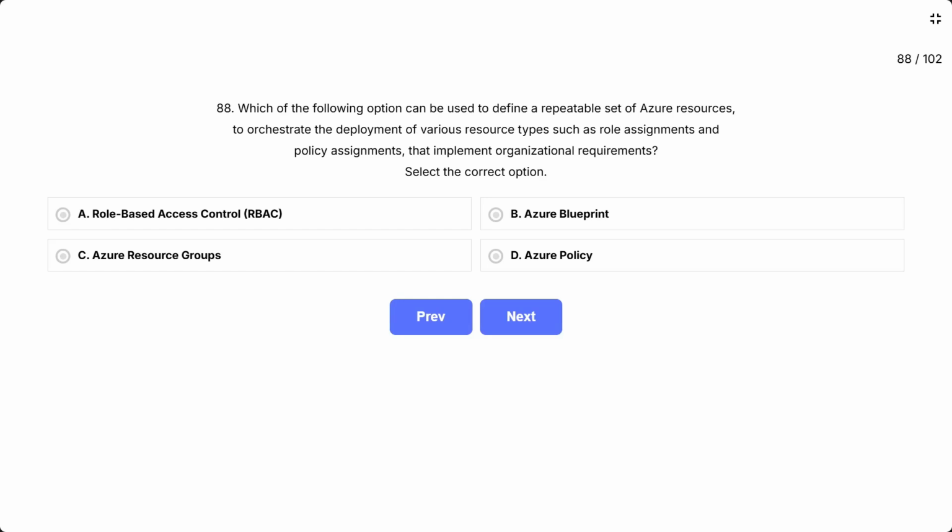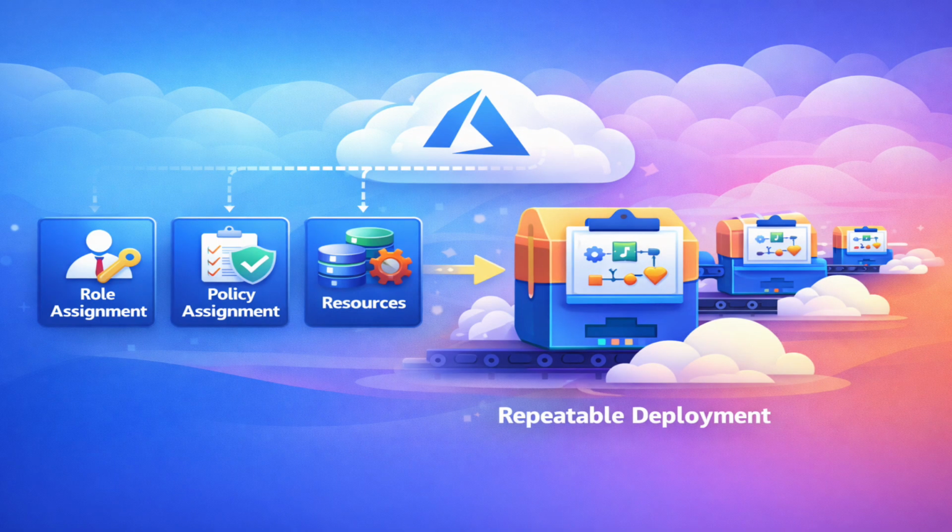This question is asking which Azure service can package multiple components together, like role assignments, policy assignments, and resources, into a repeatable deployment template for organizational standards. Key phrases: repeatable set, orchestrate the deployment, and role assignments and policy assignments together indicate a comprehensive packaging solution,